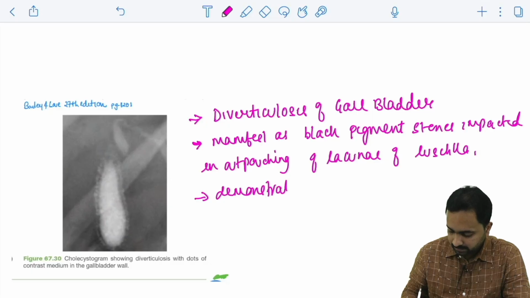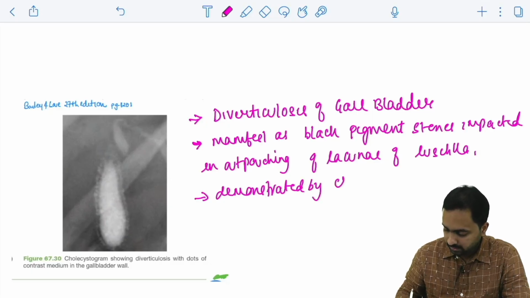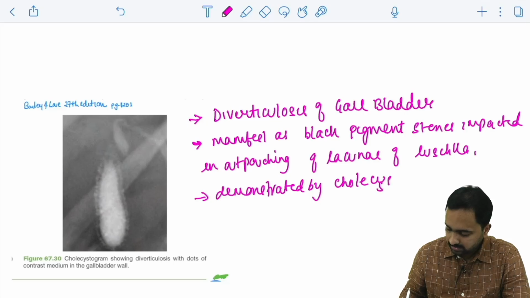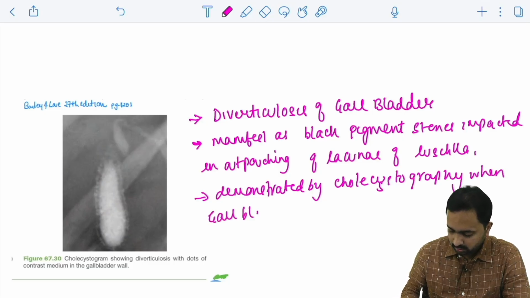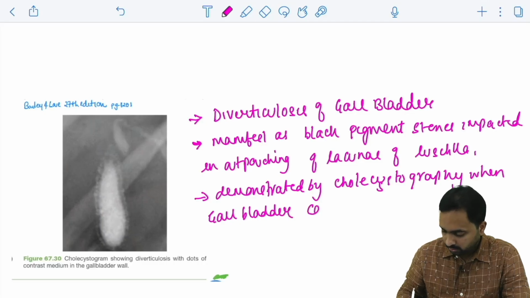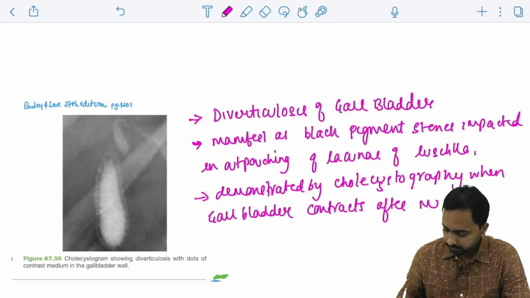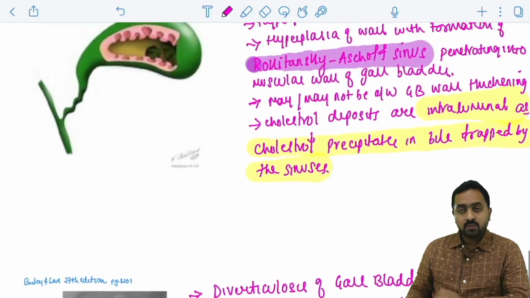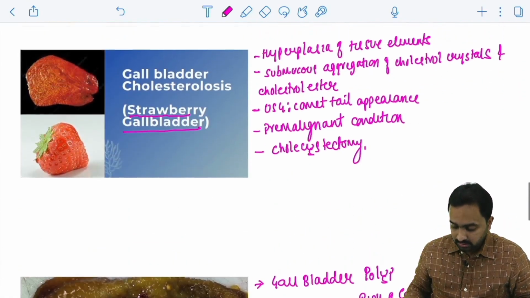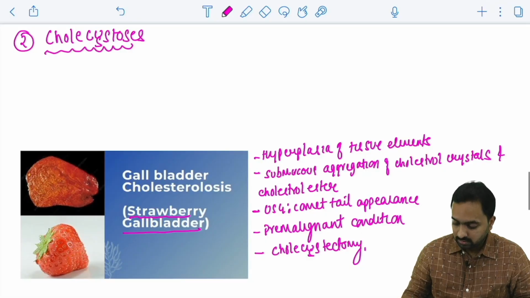It is demonstrated by cholecystography, when the gallbladder contracts after meal. So this is a very small topic with respect to the gallbladder, which is the cholecystosis, where we